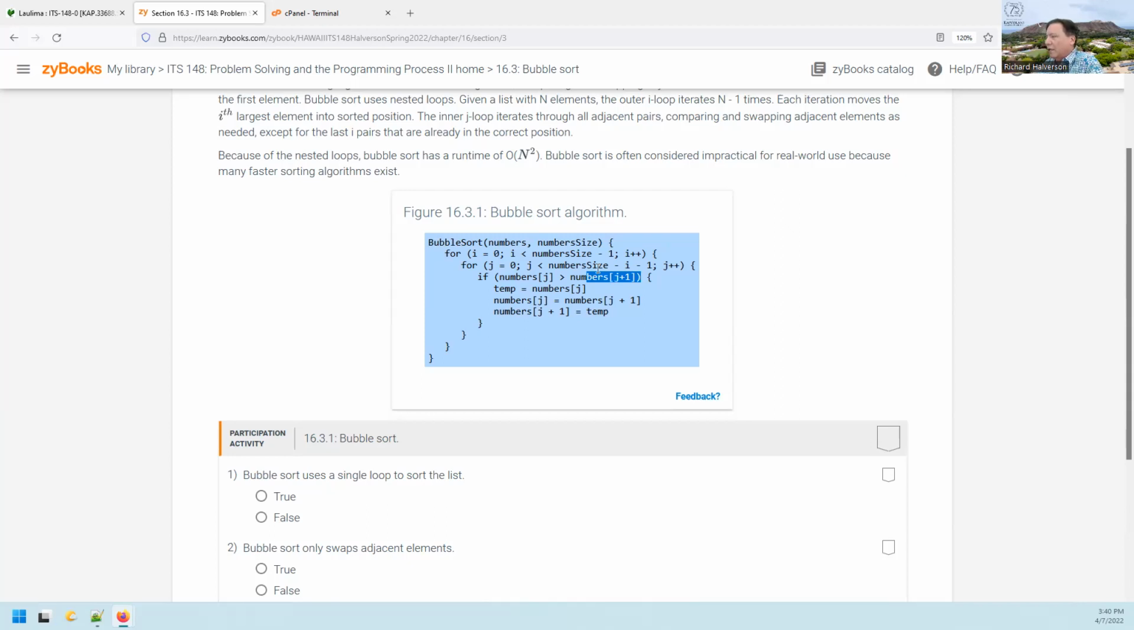And it keeps on going and keeps on exchanging these things until the very biggest one ends up down at the bottom. And then it starts again, and the next biggest one goes down to the bottom, but not all the way down to the bottom because the biggest one is down at the bottom. And it keeps on going until it goes all the way through. And I guess it does bubble. It actually does go through all